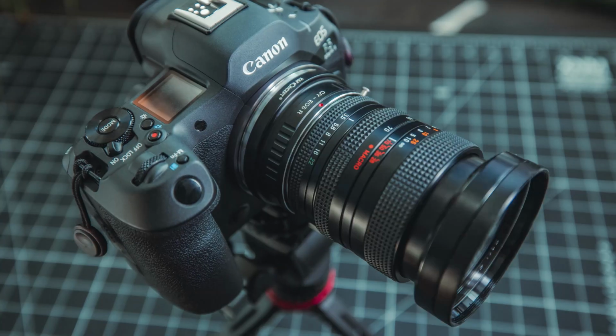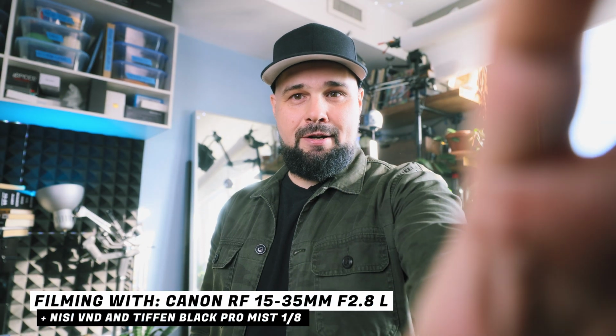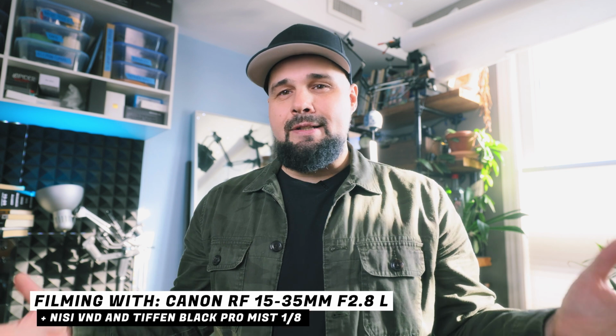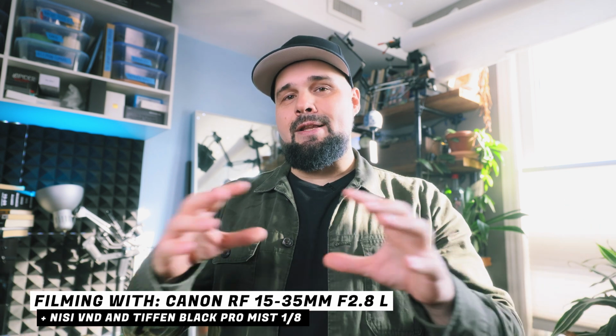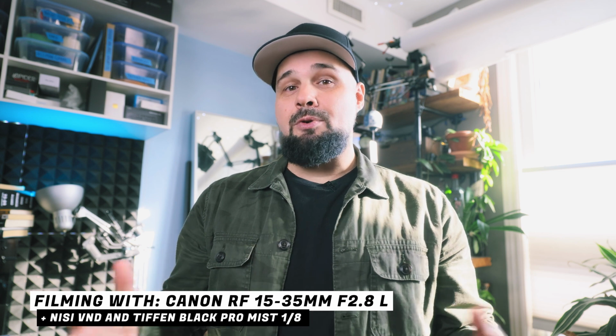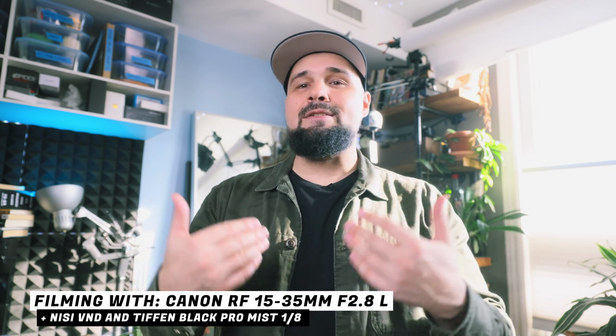vintage lenses. All right, so now we're filming with a modern piece of glass. We have the 15-35 RF on here, and it's clinically sharp. So in order to take away that sharpness and add a touch of that vintage vibe, I've put a Tiffen Pro Mist 1/8 filter on the camera, which takes away some of that sharpness and that modernness. It doesn't make it look vintage by any means, but it takes it a little bit back from the modern, super sharp look that all the modern lenses have. So it's a little trick. If you don't want to get into vintage, you can maybe get one of these Tiffen Pro Mist filters and